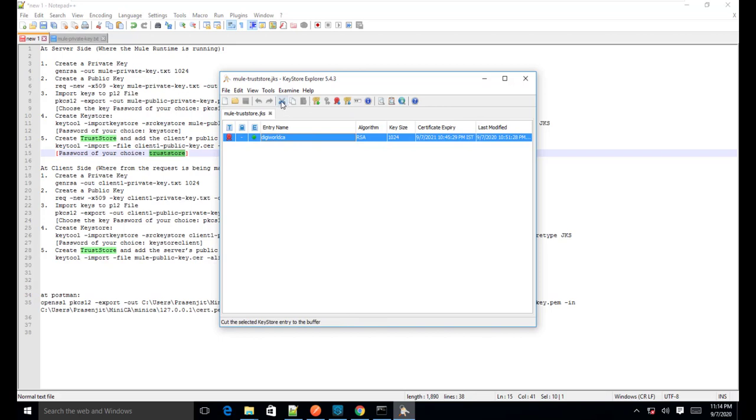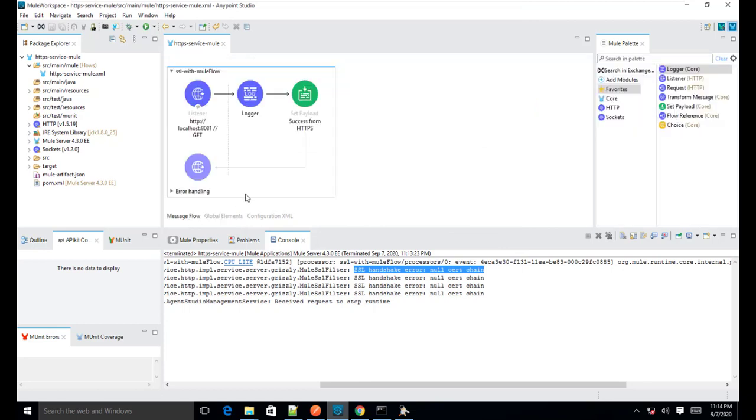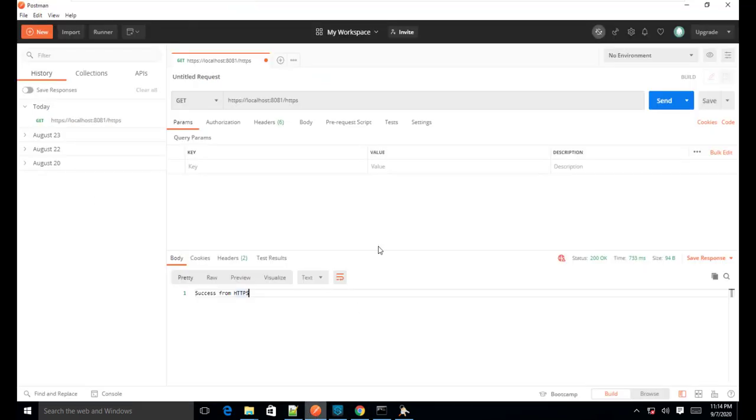Suppose I remove it, so let's delete this one. I have removed it and I am saving it. Now if I run the same application, let us check if we are able to access the service using Postman or not.